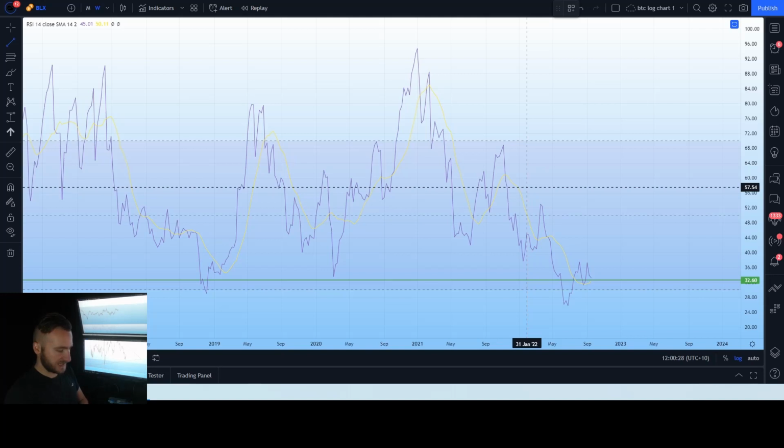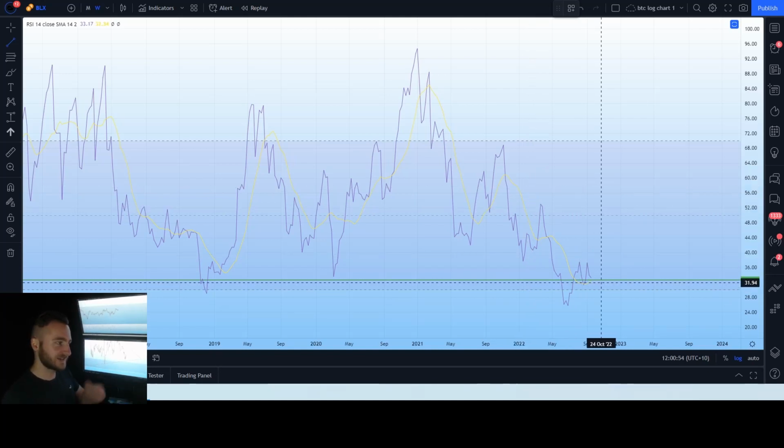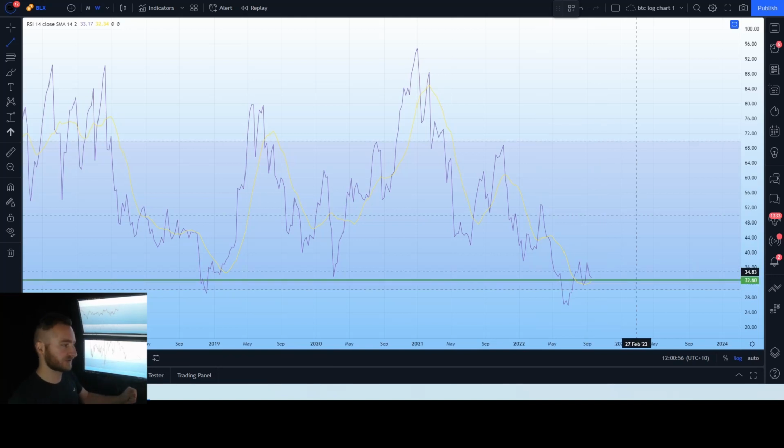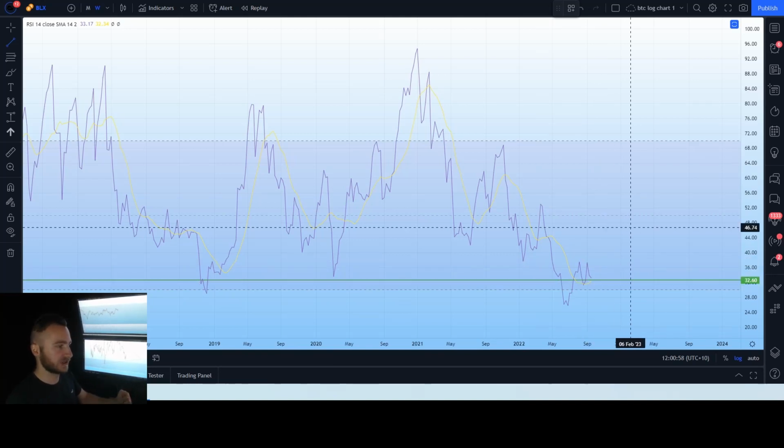On that breakdown, from the moment of breakdown below that level to the close of that weekly candle is where we expect that crash to occur. Okay, keep that in mind. From the loss of our level to the close of that weekly candle, over a 2-day or 1-day period, is where we expect that crash to initiate and occur. It can, however, drop below, fake out, continue back upwards, and then eliminate the drop on that RSI. Hence why the weekly close is important for the RSI,